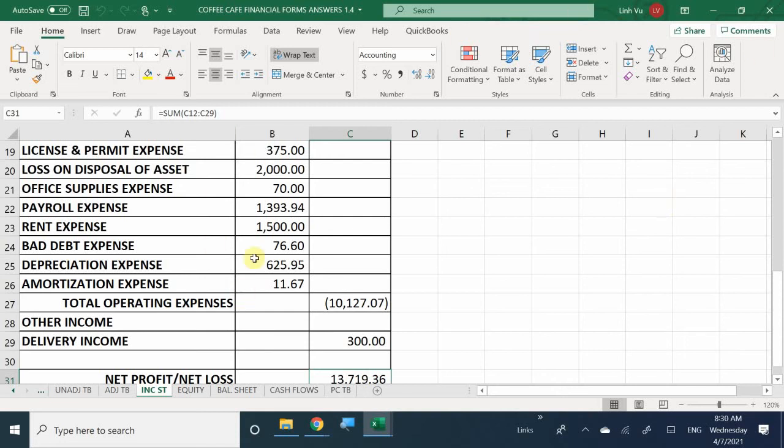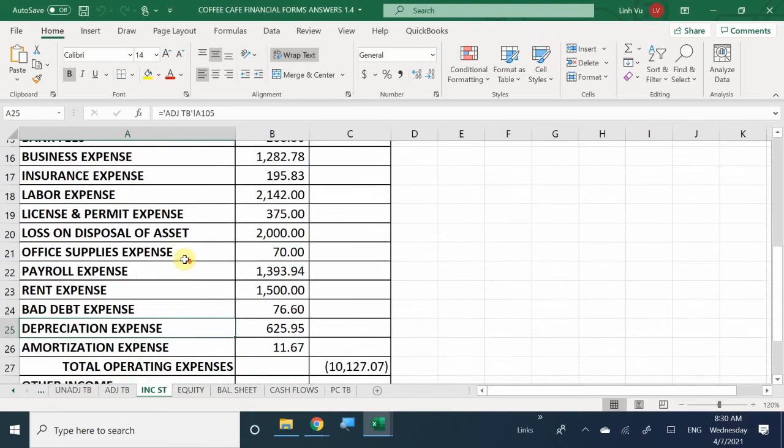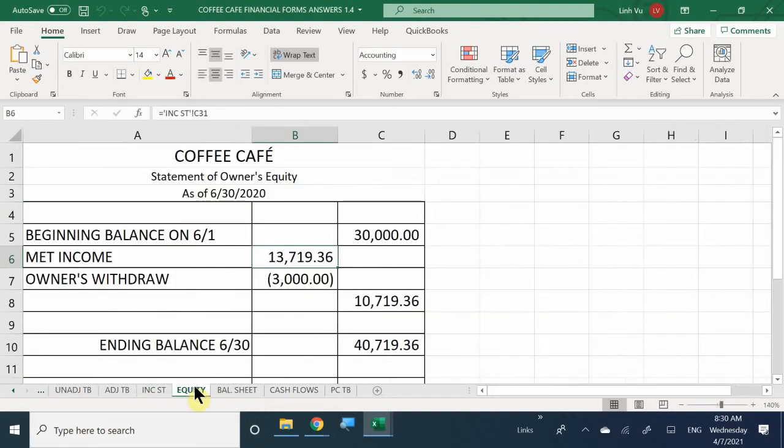All right. So, yesterday we got to complete our financial statements, right? We completed our profit and loss, which we got a profit of 13,719 and 36 cents, right? We also completed the statement of equity, which we found out that when we reinvested our profit into the company,